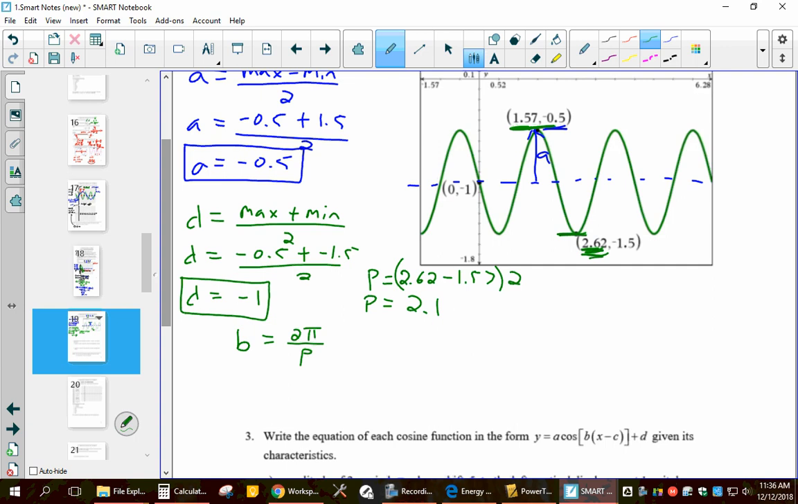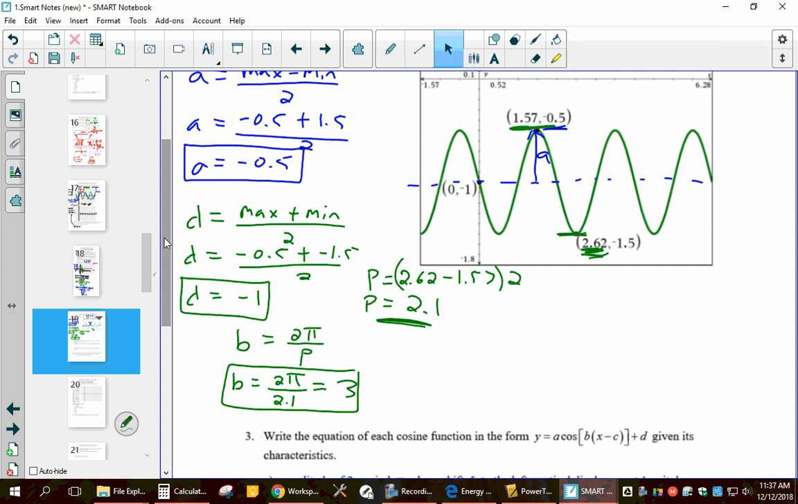Okay, so that's period. If I want to find my B value, B is going to be 2 pi over the period, so over 2.1. That ends up being really close to 3, so we're just going to call it 3. All right, so we're pretty much there. We've got 3 of the 4 things that we need to turn into an equation, right? Now,